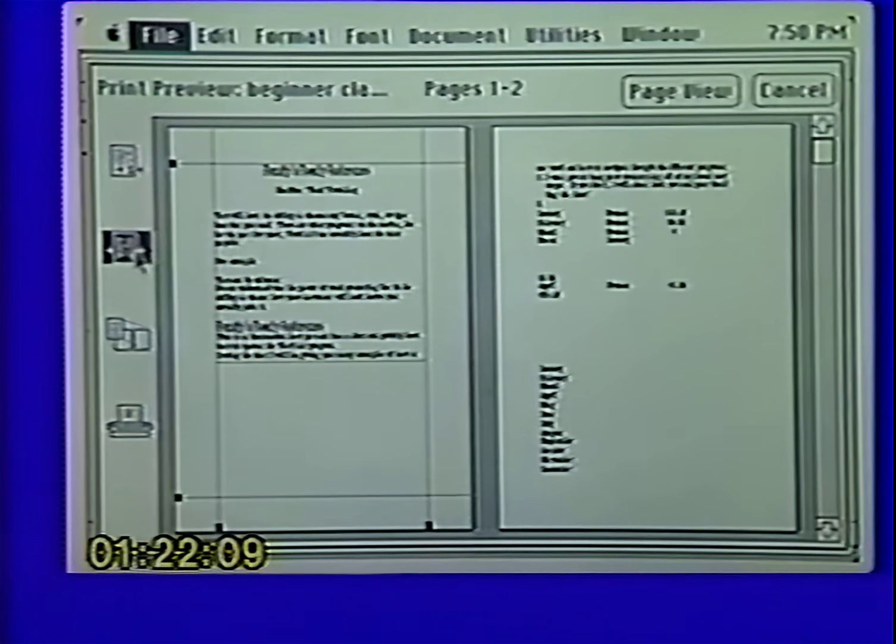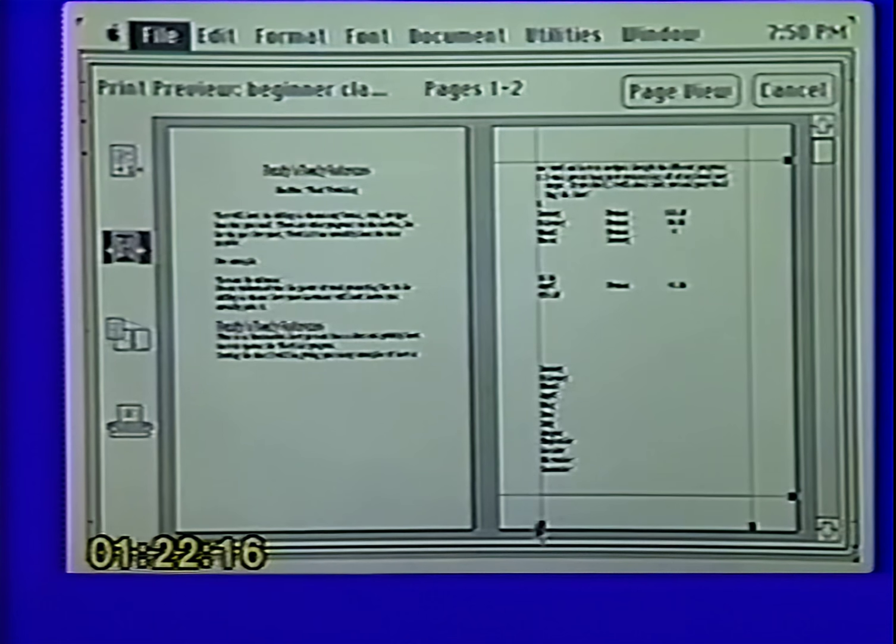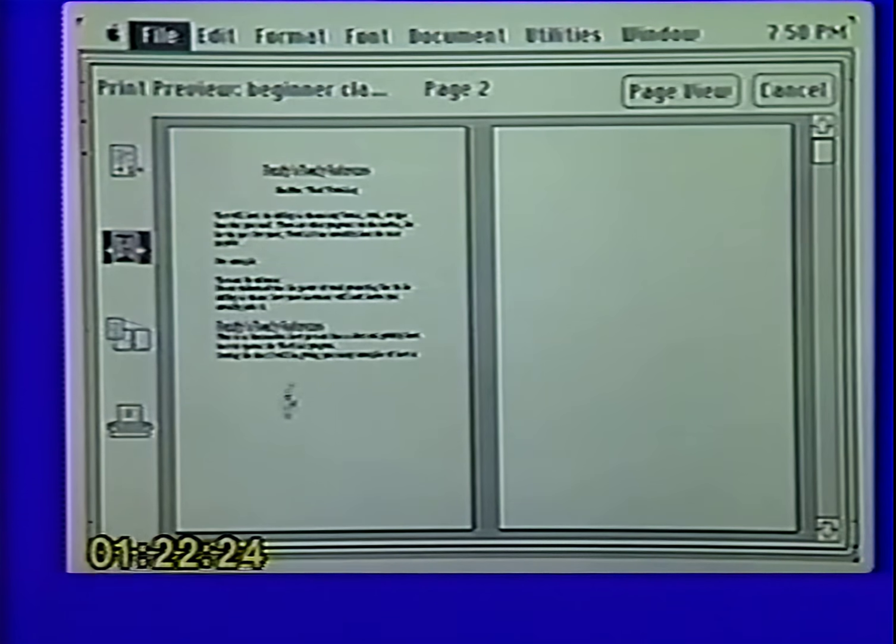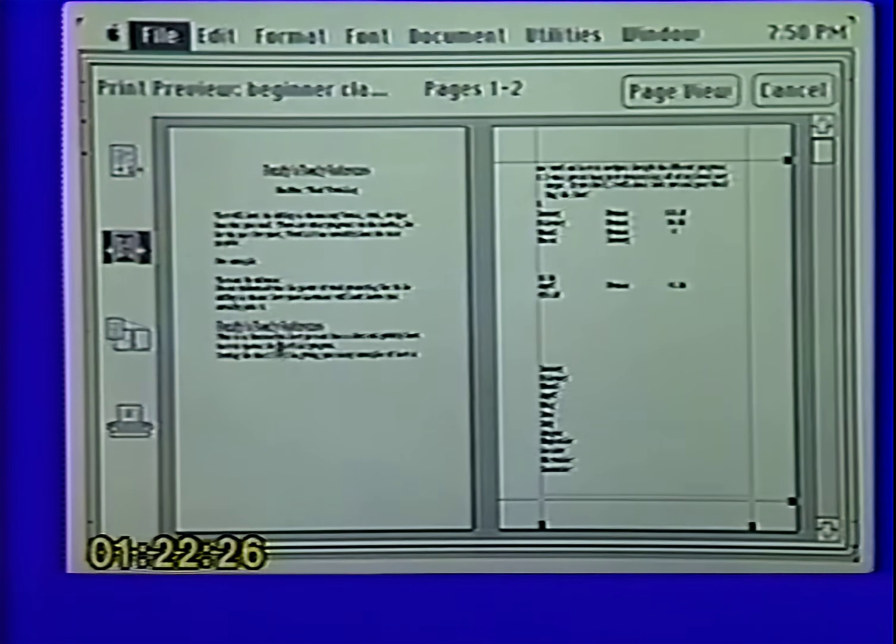So you can see now how simple it is: you simply call up page 1, you set your page break where you want it, and you go to page 2, and you can come down. Sometimes your page break is hidden under your bottom margin. There it is right there. You can move that to where you would like it, and you can literally move your page breaks anywhere that you want them as you are previewing your document, which is a nice option.